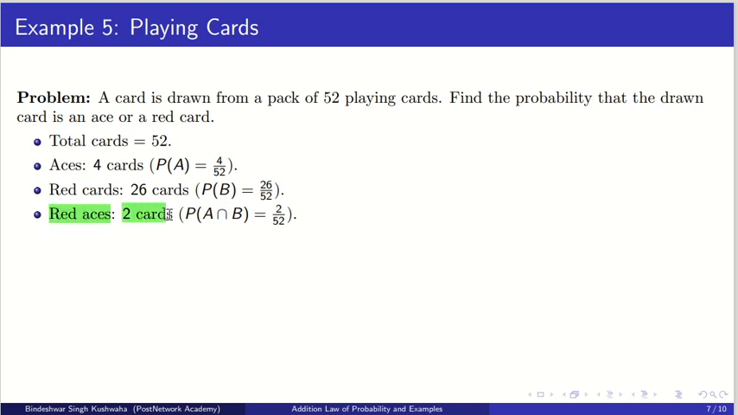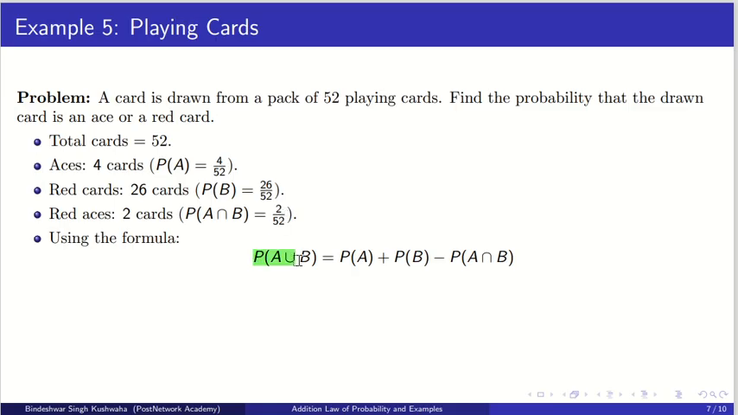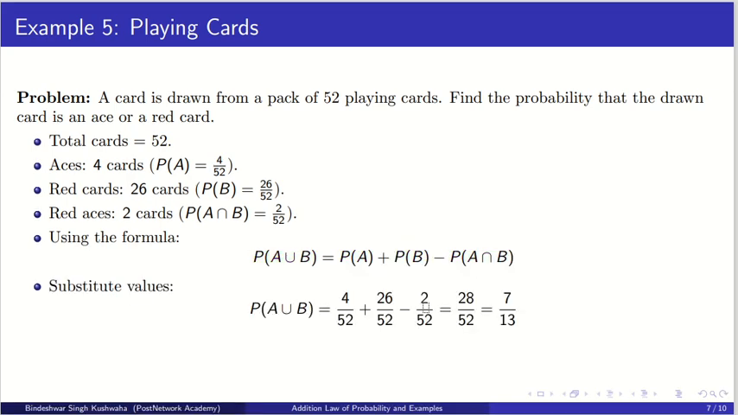There are 2 cards that are red and also aces. So these are common, and we'll subtract this one. So P(A ∪ B) is P(A) plus P(B) minus this. So what will you get? 4/52 plus 26/52 minus 2/52, and that would come to 28/52, which is 7/13. So hope you have understood this concept,